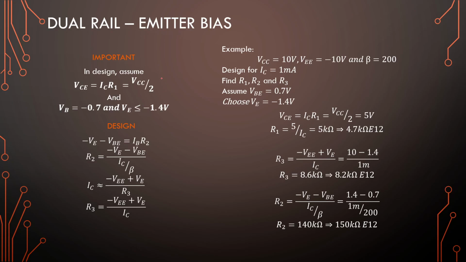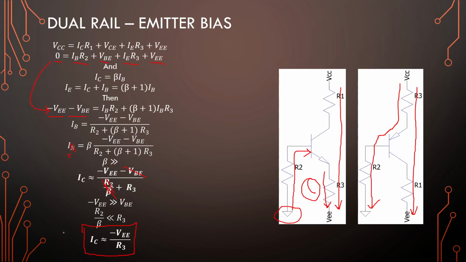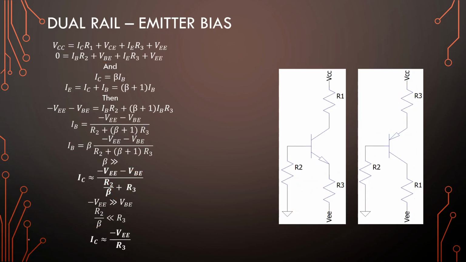First off is our VCE value. We have dual rails. Let's get rid of all this. Okay, so we want the voltage here and the voltage here to be the same. So that's VCC over 2. We don't use VCC over 3 here because we have an emitter